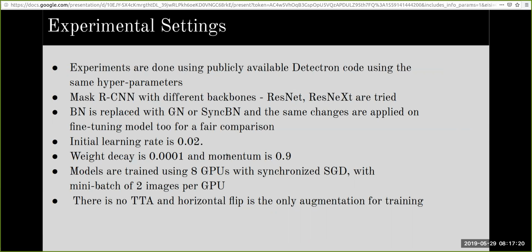The model is trained with an initial learning rate of 0.02, and it's reduced by 10 times in the last 60K and 20K iterations respectively. The training data is flipped horizontally, and there is no test time augmentation applied on this baseline model. A total of 8 GPUs were used for training.